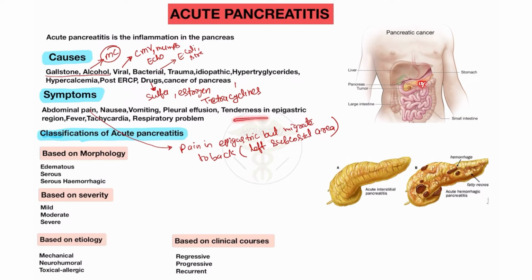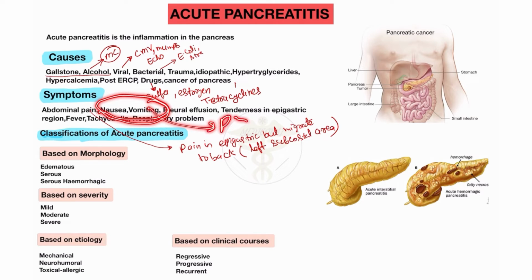So this tenderness you will see in the epigastric region of the patient. Fever also, high temperature. Tachycardia, the heartbeat also increases in the patient, and also anorexia. You will also see respiratory problems in the patient of acute pancreatitis. Mostly the pain, you already know, is in the epigastric region, and the vomiting and nausea are mostly caused due